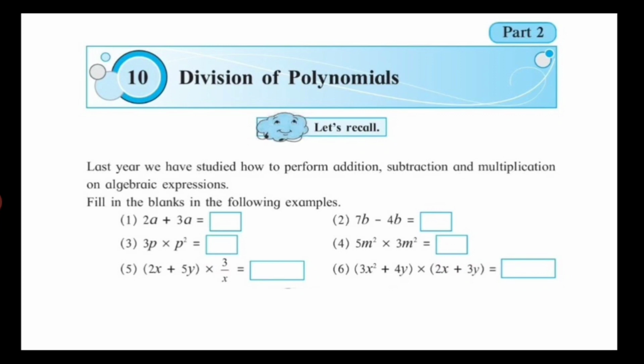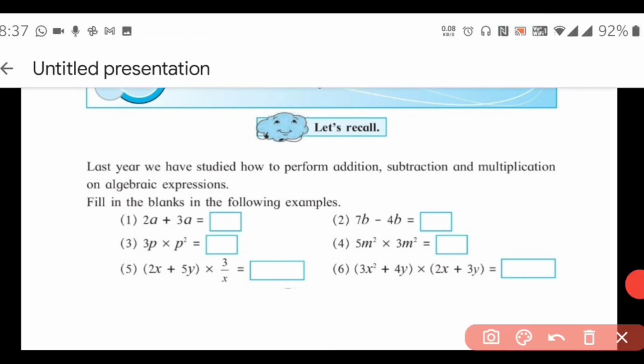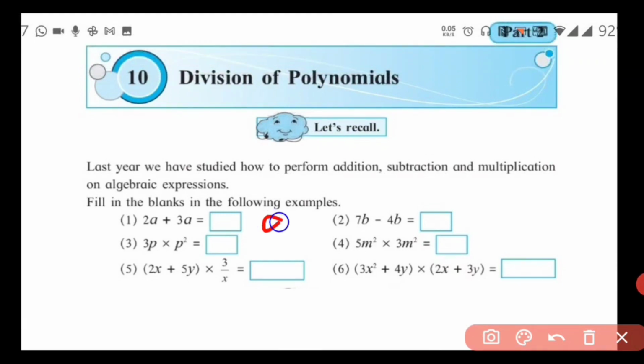First, there is addition of two algebraic expressions. Algebraic expressions are also polynomials. So we have seen the addition, how we did the addition. 2a plus 3a is there. That means in addition we have to first add the coefficients, and if same variable is there, we write the variable one time. That means if common variable is there, we write common variable one time. So as we all can see here, the common variable is a. So a we write one time and we add the coefficients. That means 2 plus 3 we do. 2 plus 3 is 5. So in this way we have to perform the addition.